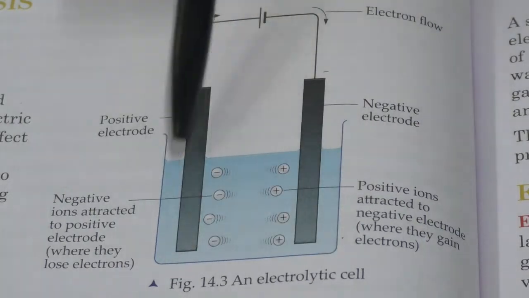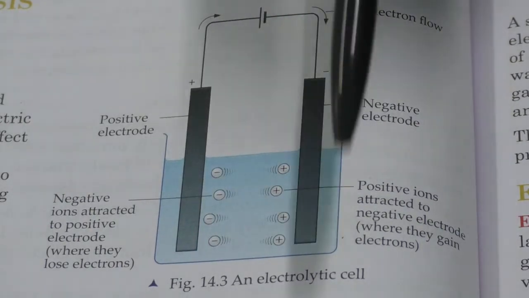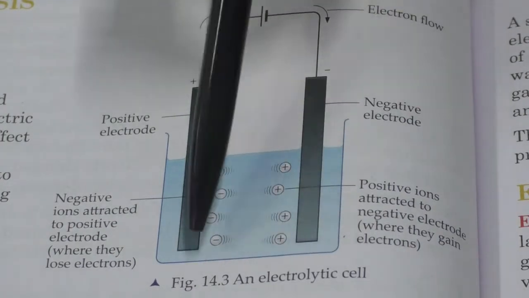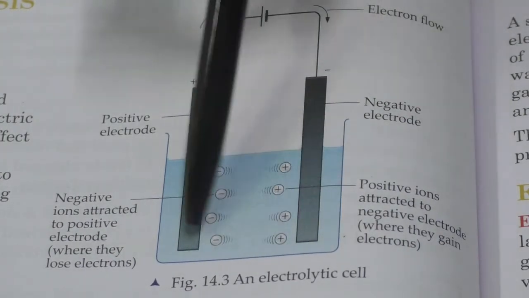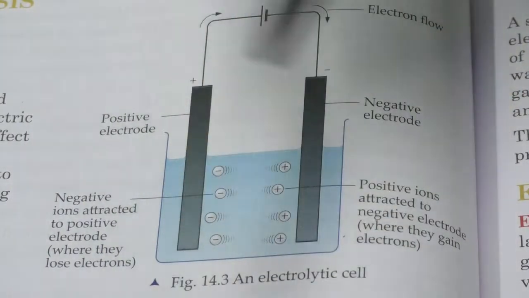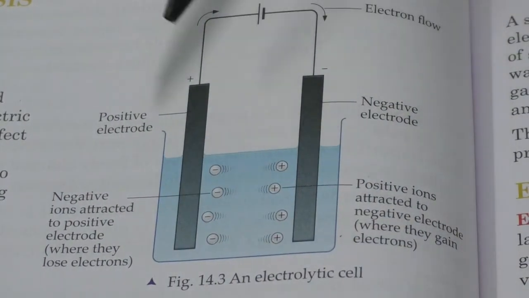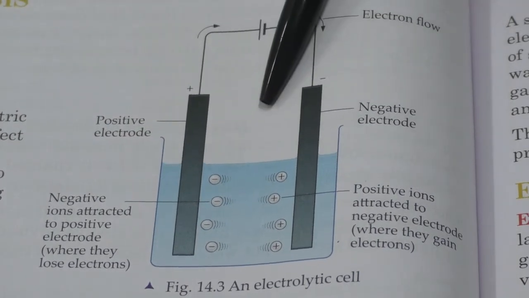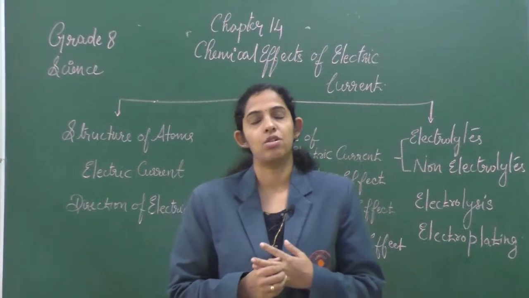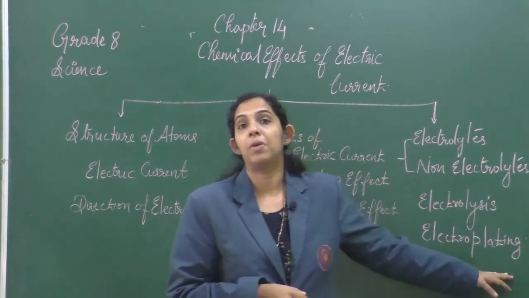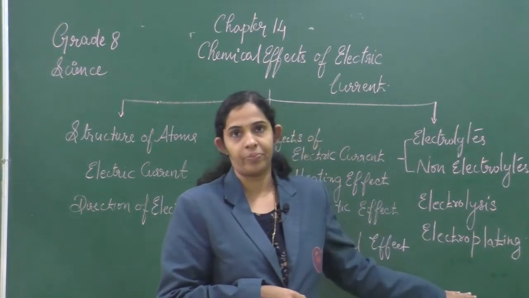So this is the entire arrangement of an electrolytic cell. This is used to extract or split up the chemical compounds present in the electrolyte. We have seen the example of electrolysis of water, where we split up the hydrogen and oxygen atoms present in the water. In the last section of the chapter, we have discussed electroplating. It is an application of electrolysis.